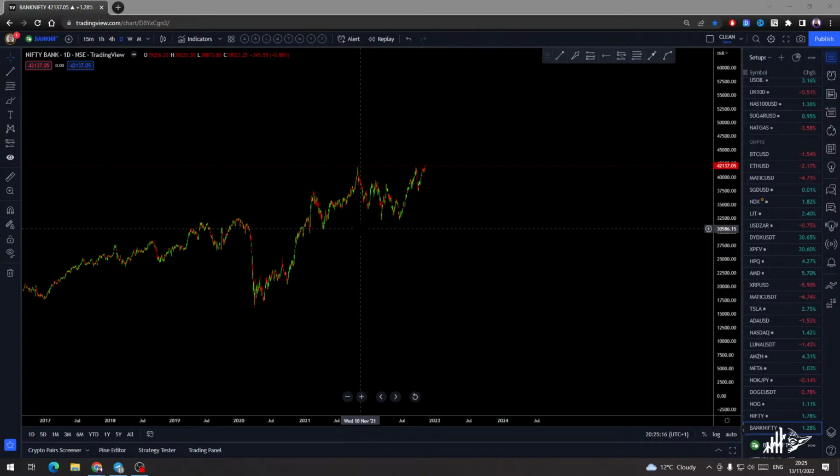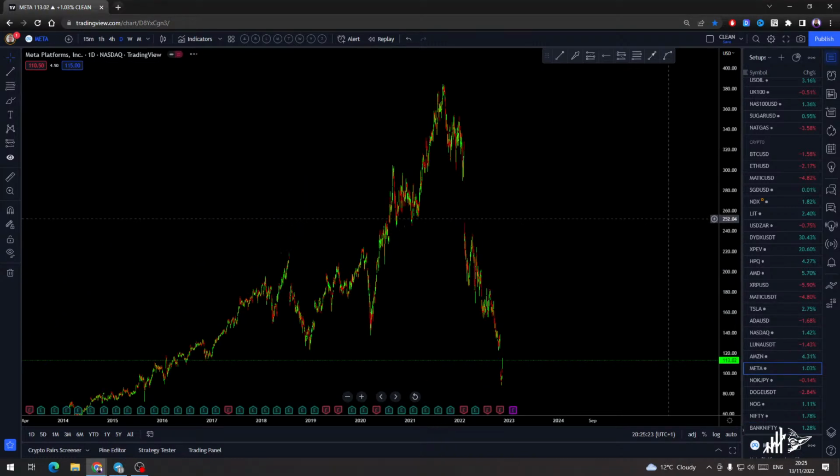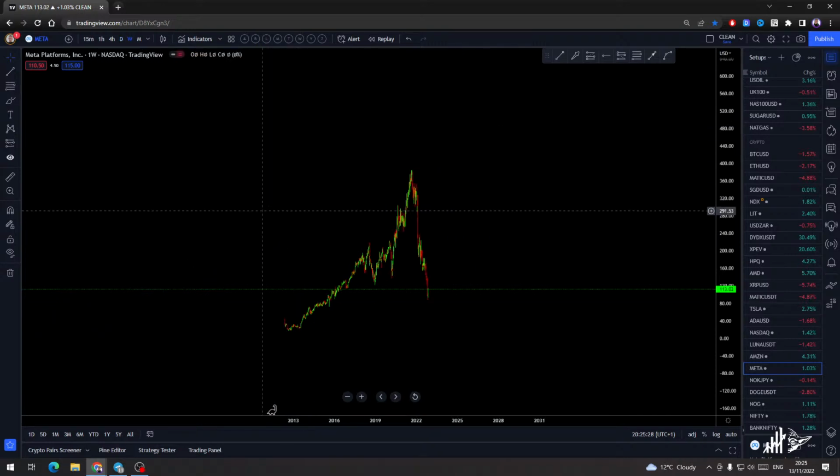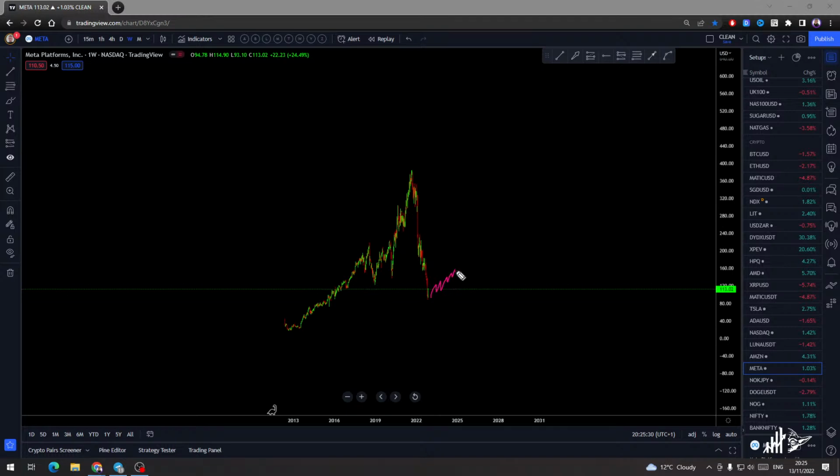What about Meta? Okay, so let's do the Meta as well. Where's the Meta? Over there. That's going down, so this has to correct anytime soon. At least if it goes deeper, or it can just give you the pullback and then go up, down, and then up. So this could be a huge correction over there, and then in the future this can go up. This is how it can develop. So watch for flags over there or anything.